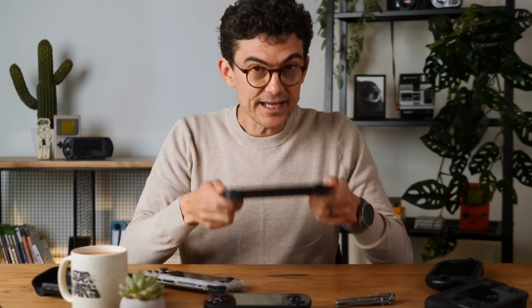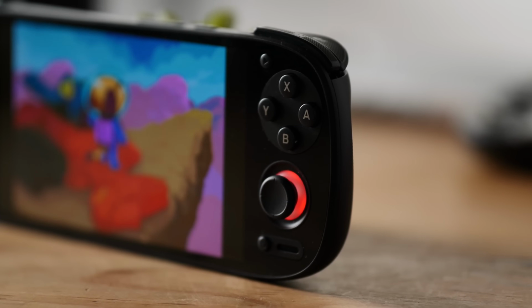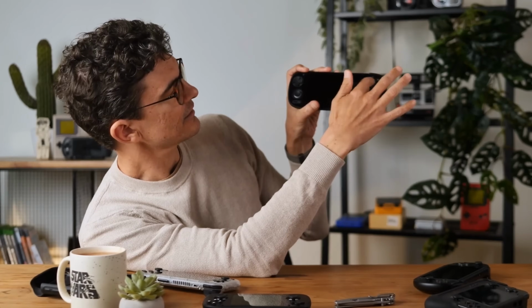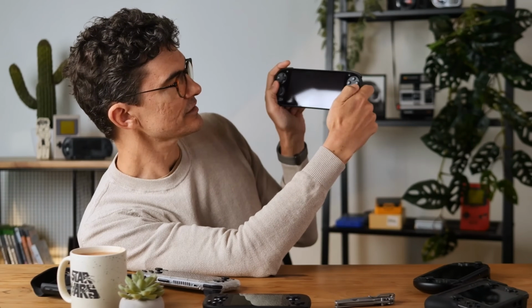If you like a light device, 0.5 grams lighter, then this is the one for you. I'm talking mostly about the Odin 2 Mini and more expensive devices like the Odin 2. This is definitely the device for you because it is so light. The buttons are a compromise because you've got that vertical extension. The D-pad, the action buttons, these joysticks are very slightly inward, but mostly it's right below it. So it's not super ergonomic in terms of the button layouts, but that's a compromise for pocketability,